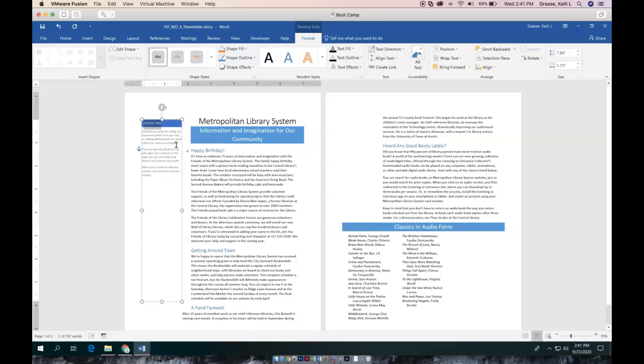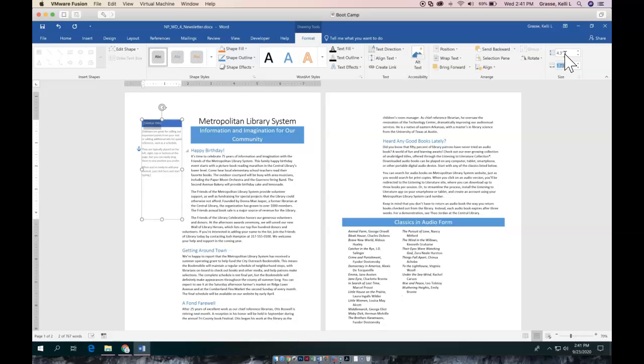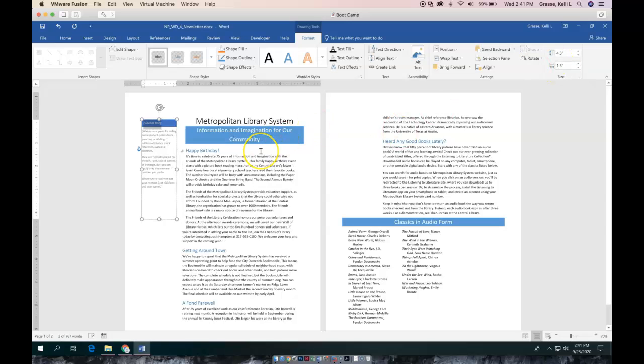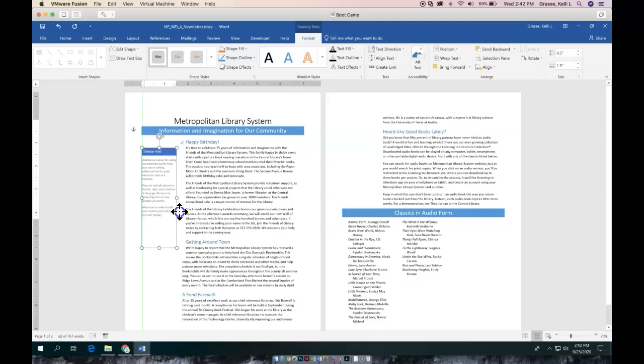And so the first thing we're going to do is change the size of this box. So notice again, whenever we bring in something new, we get our contextual menu here. On the far right, we have the shape height is supposed to be 4.3. And the width, we're going to make 1.5. And then I'm going to drag this text box down here